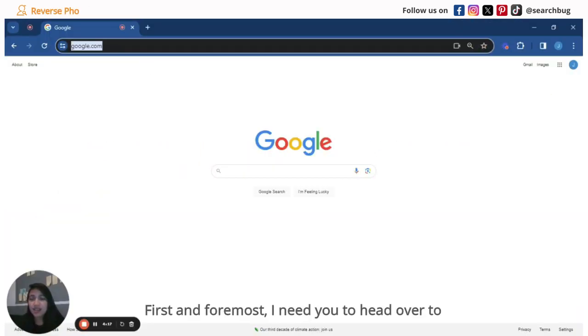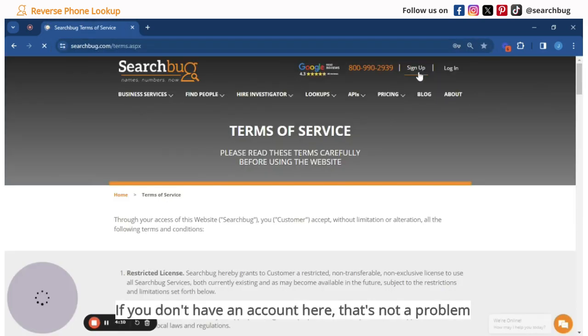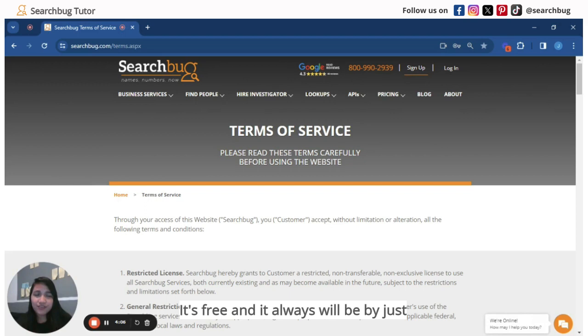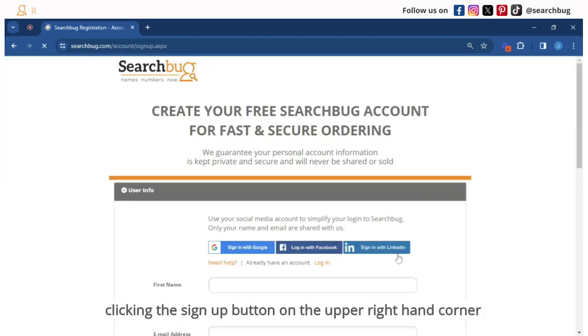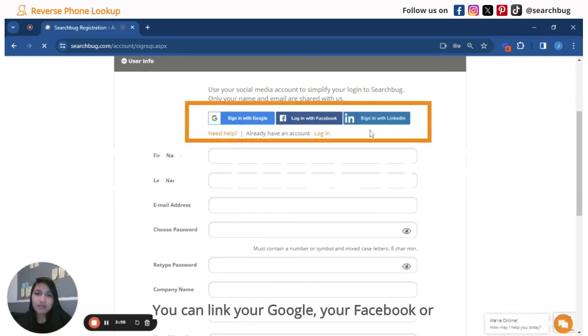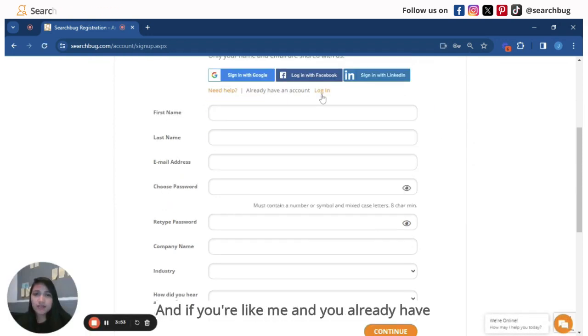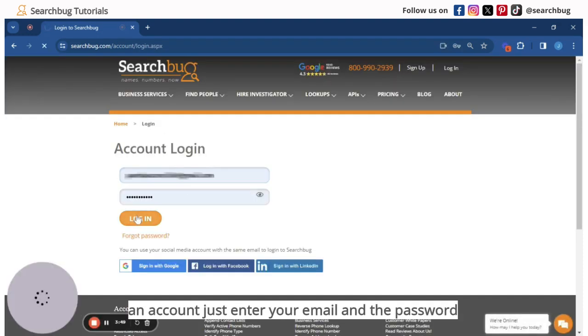First and foremost, I need you to head over to searchbug.com. If you don't have an account yet, that's not a problem. It's free and it always will be by just clicking the sign up button on the upper right hand corner. Sign up for a free account. You can link your Google, your Facebook, or your LinkedIn account. And if you're like me and you already have an account, just enter your email and a password and then